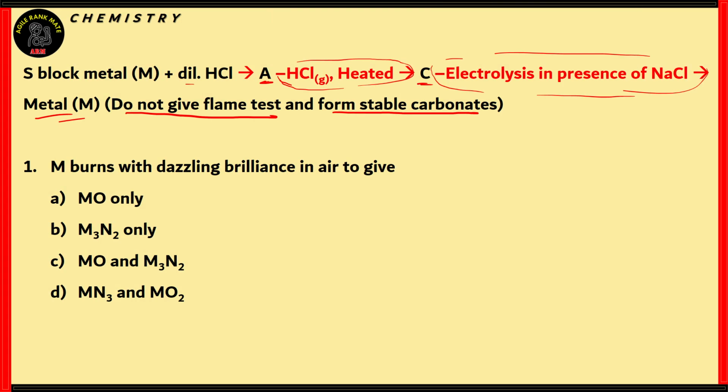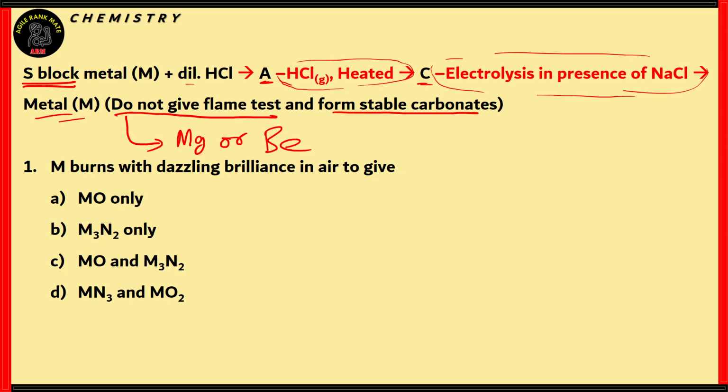So first let's identify metal M. Here it's given that it does not give flame test. Now this and the fact that it's an S block metal, we can conclude that it can be either magnesium or beryllium. These are the only two S block metals which do not give color on flame test. This is because of the high ionization enthalpy. And so from these two we must conclude it's either Mg or Be, and we have another condition which